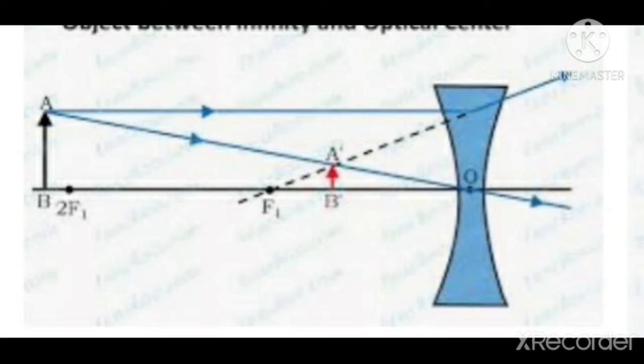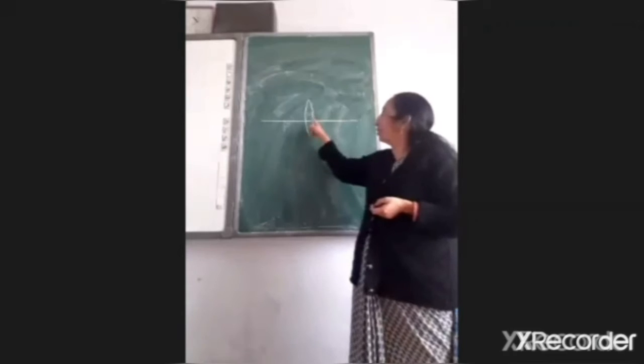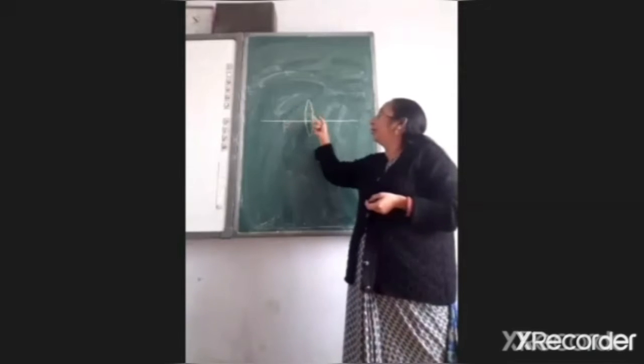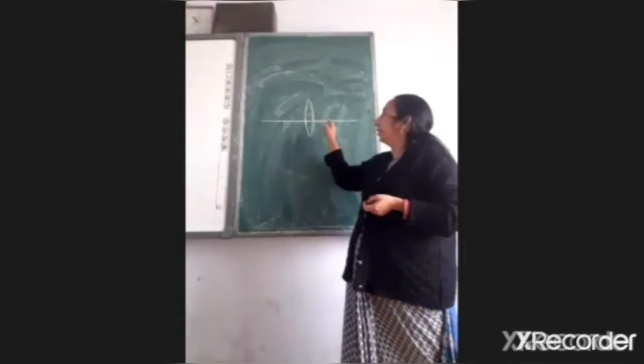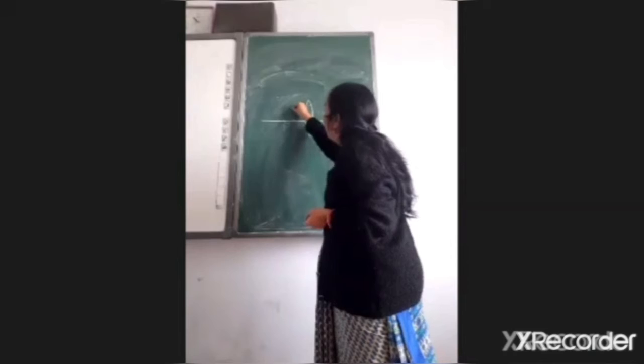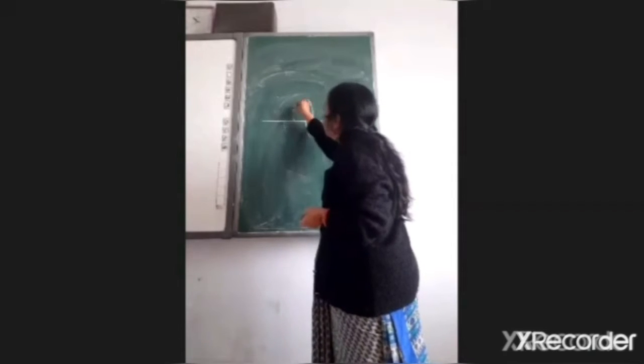So we will discuss the concave lens today, the lens formulas, and some numerical problems related to these two types of lenses. Object is placed between the optical center and the focus. Where will we find the image? We will discuss it once again. Okay, so if we place an object here, this is an object.